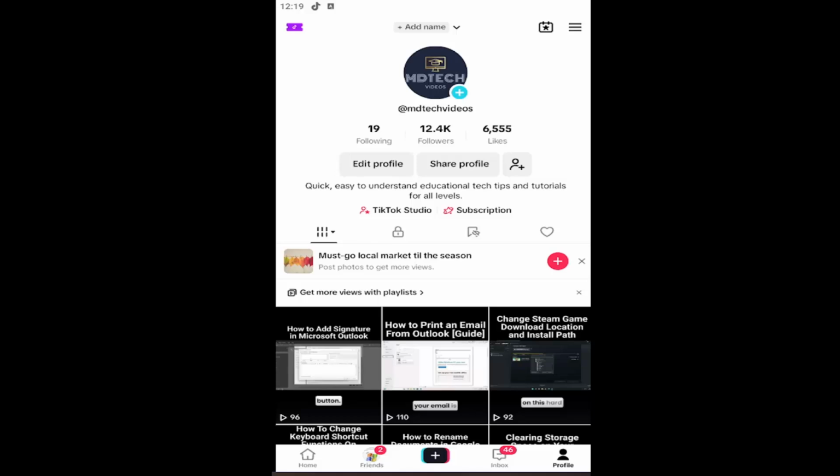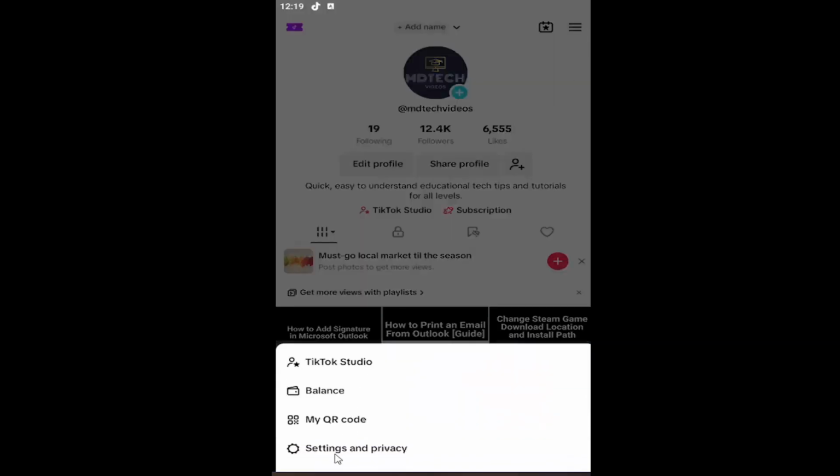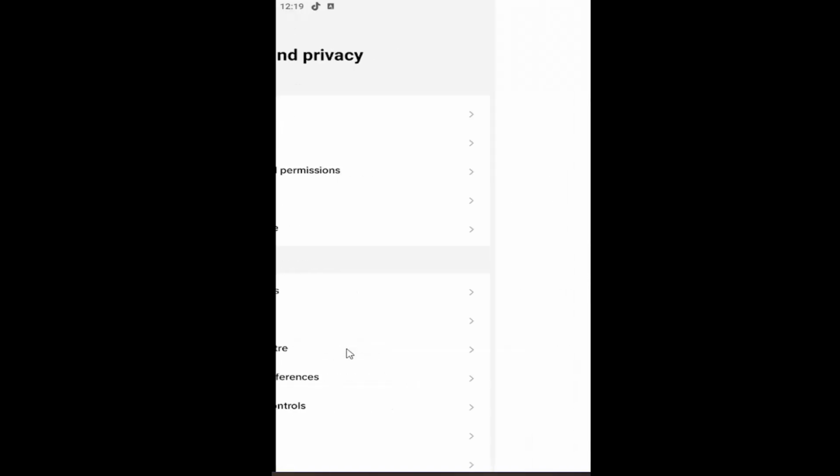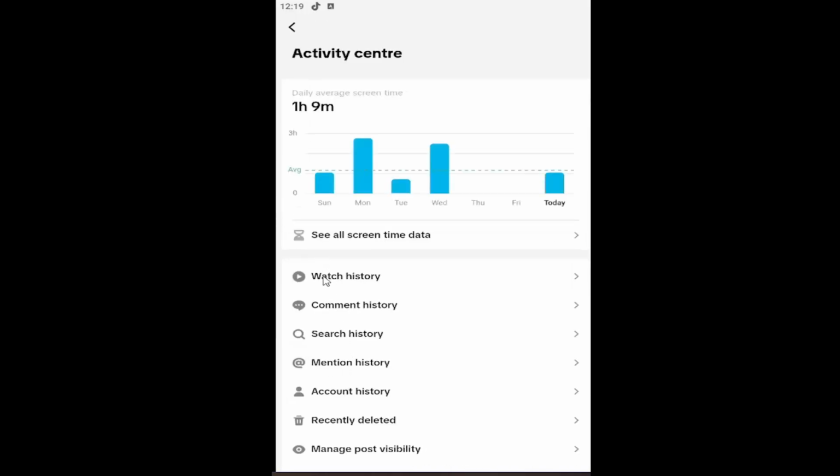So all you have to do is open up your TikTok profile. If you're unsure how to get to this page, just select the profile button at the bottom right and then select the hamburger icon at the top right, left click on it, and select Settings and Privacy. Underneath Content and Display, you want to select where it says Activity Center, and then select where it says Watch